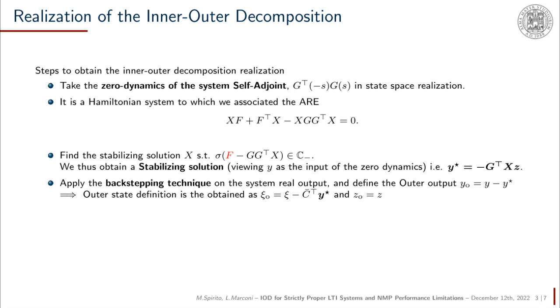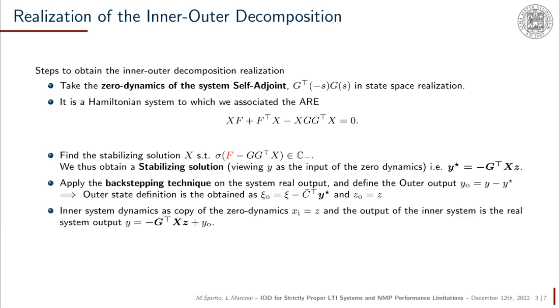Then, applying a backstepping technique to the real output of the plant, we can define the outer output yo, which is equal to y minus this stabilizing trajectory y star. And thus, we take as outer states xi o, obtained from the definition of the outer output, stacked with the z state of the original plant. And then the inner system is just a copy of the zero dynamics,